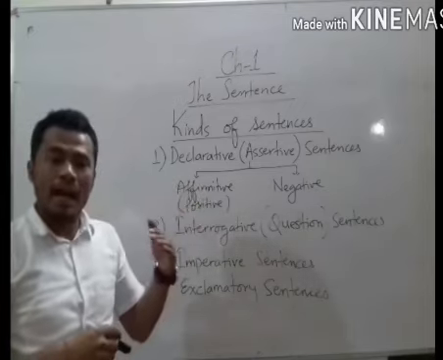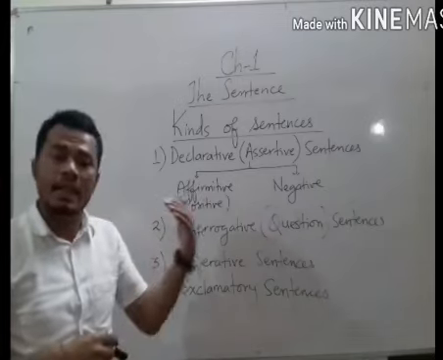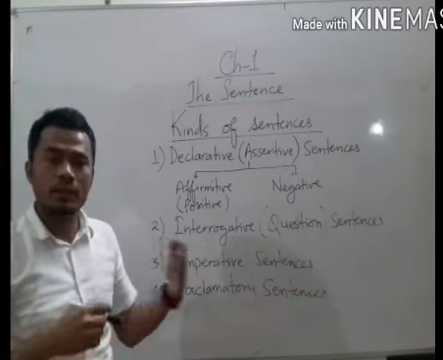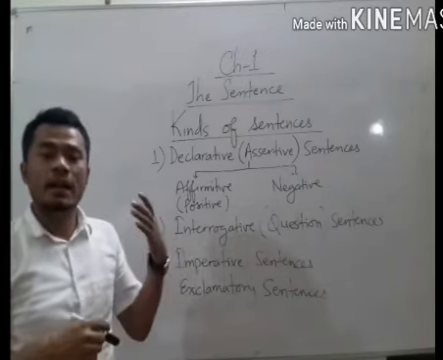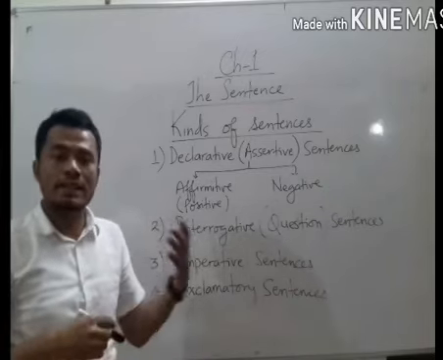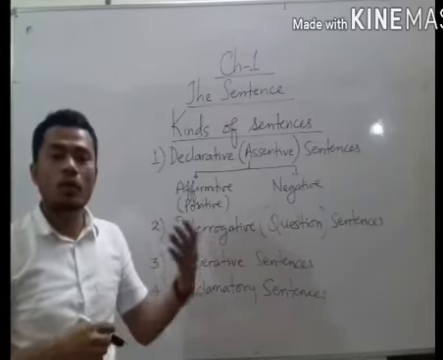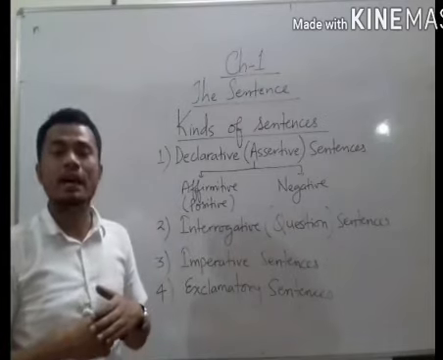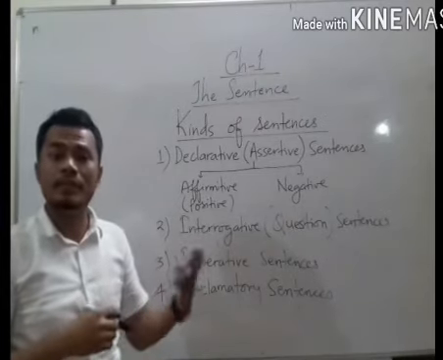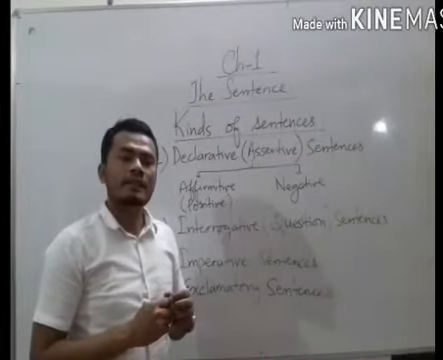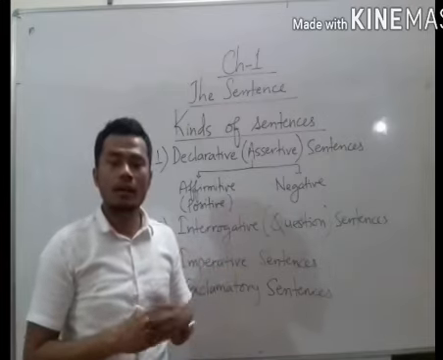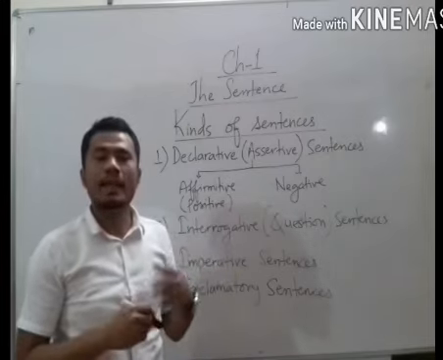sentence. But I can write the same sentence in a negative sense: we did not attend the music class today. Here the sentence carries not. The sentences that carry no, not, none or never are called negative sentences. If the sentences carry no, not, none, never in them, they are called